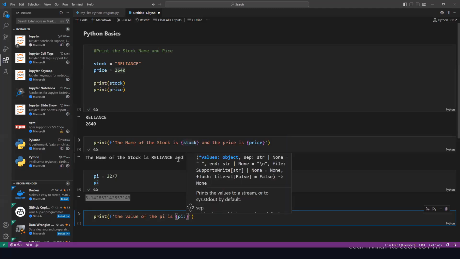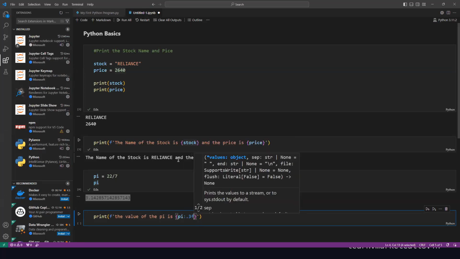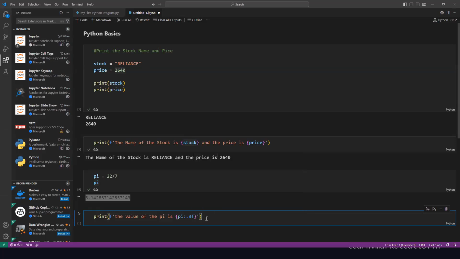a colon over here. This colon says how you want to format the data. I'm going to say after the decimal point, I want only 3 digits in floating point. Floating means decimals, like 10.43, 3.1428, something like that. So I'm going to write it to 3 decimals only. If I try to print this, now we can see that the value is getting printed as